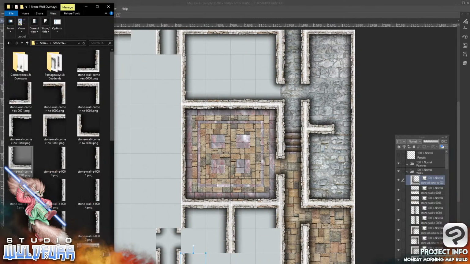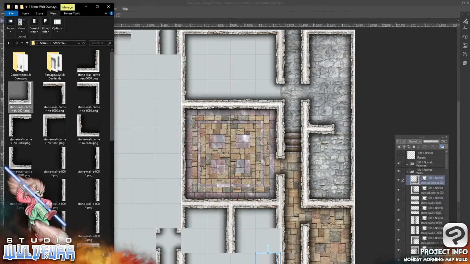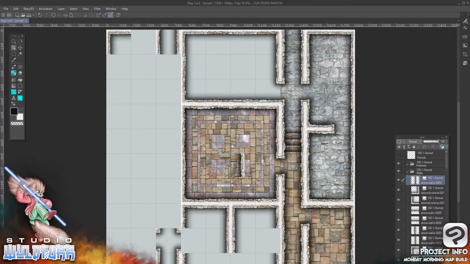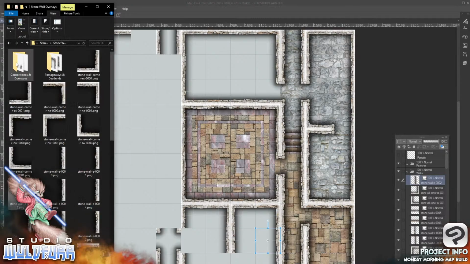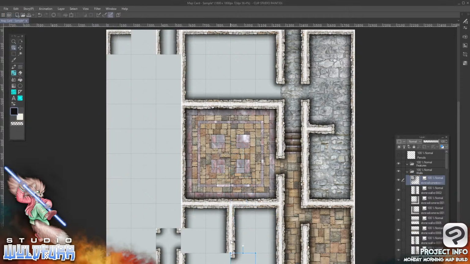Okay, go down there, and this will come across, and come down here. Now I need a wall piece there, and then cornerstones here and here. So let's grab this one. There we go. And then we need our cornerstones. So this will go over this side for there, and